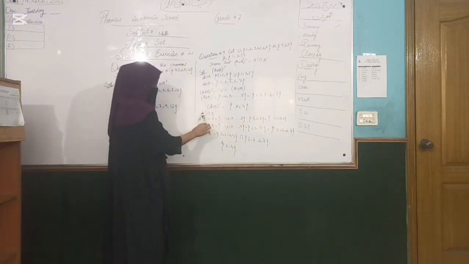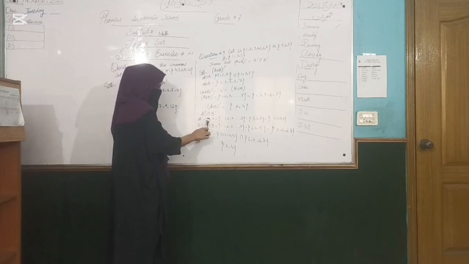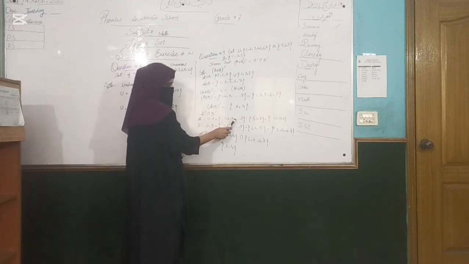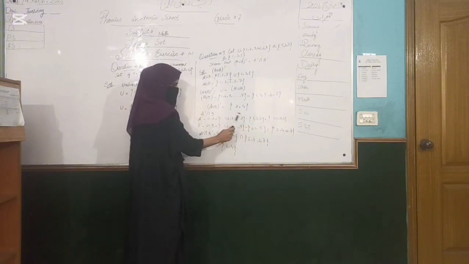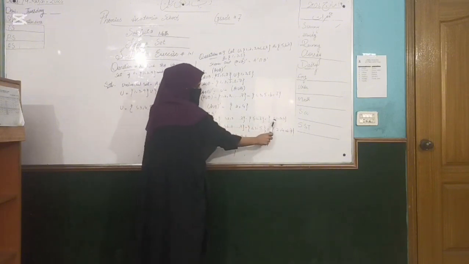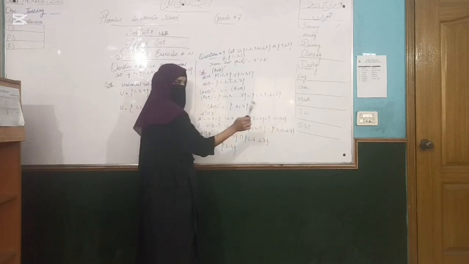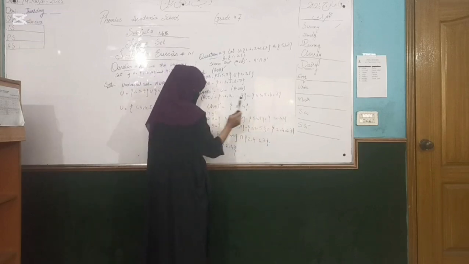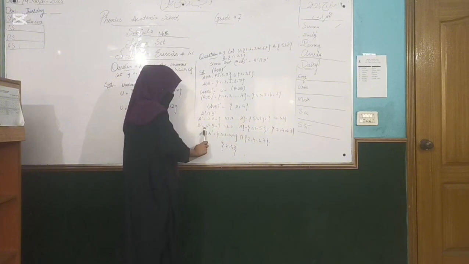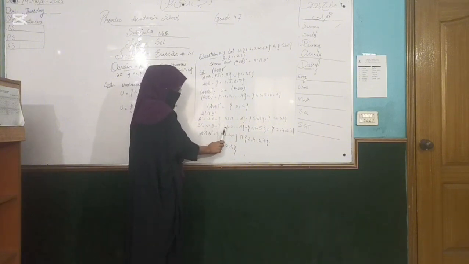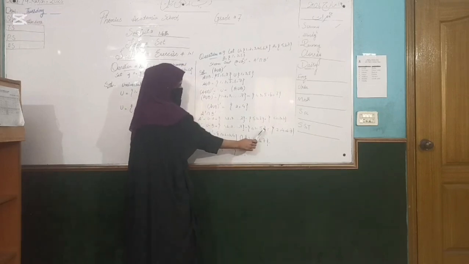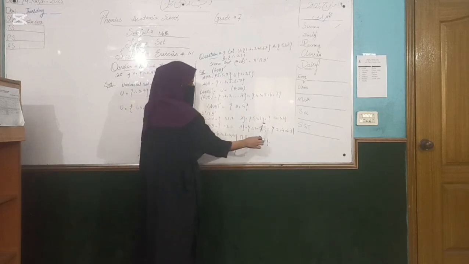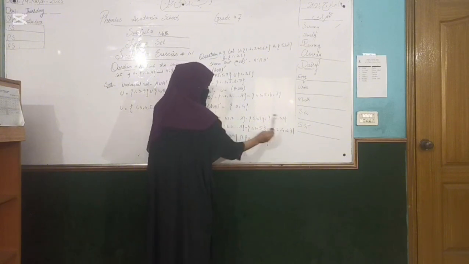Then question part B, A universal intersection B universal. A universal is equal to U minus A. The value of U is {1, 2, 3, 4, 5, 6, 7} minus A, which is {5, 6, 7}. When you subtract U minus A, the value is {1, 2, 3, 4}. So A universal is equal to {1, 2, 3, 4}. B universal is equal to U minus B. U is {1, 2, 3, 4, 5, 6, 7} minus {1, 3, 5}. When you subtract U minus B, the B universal is equal to {2, 4, 6, 7}.